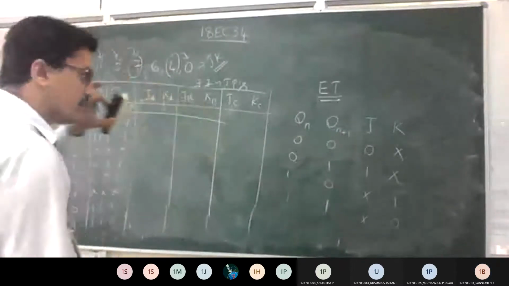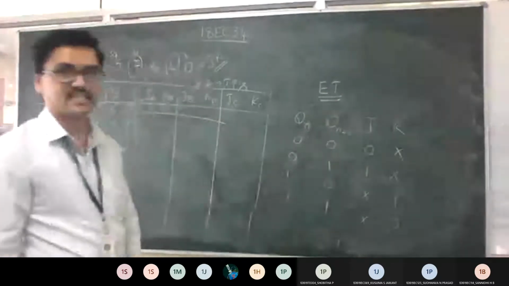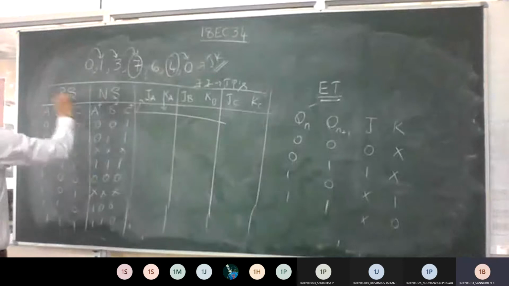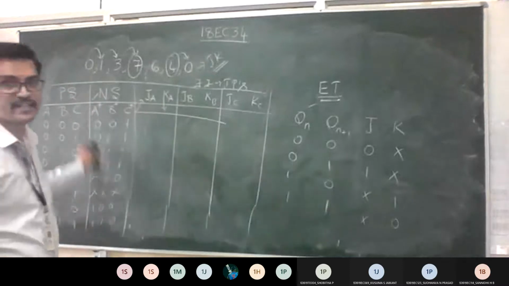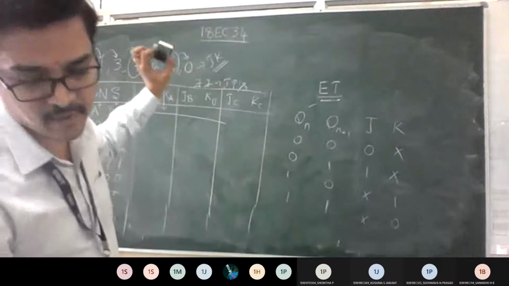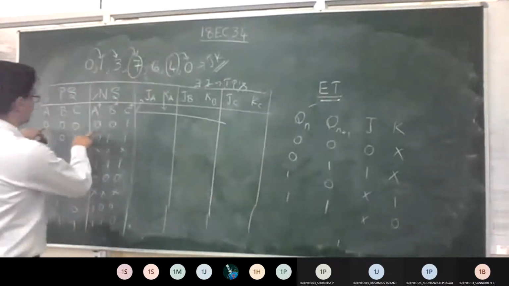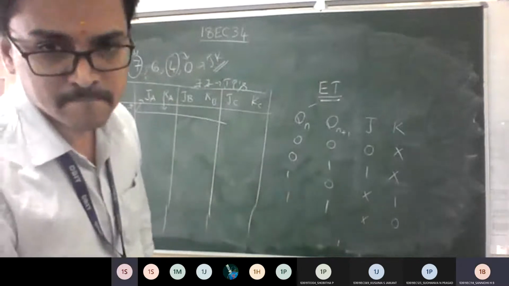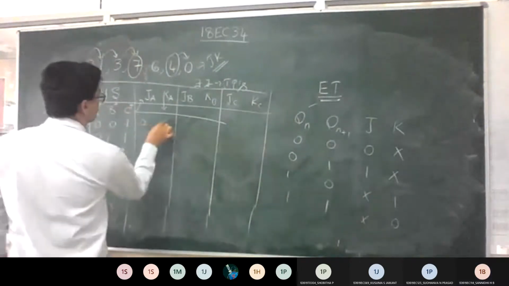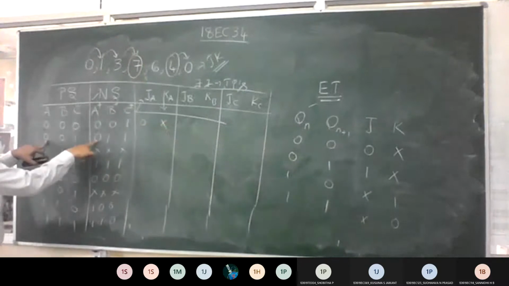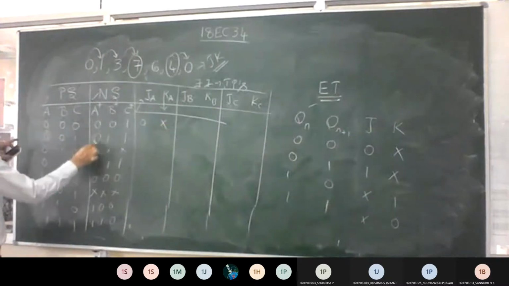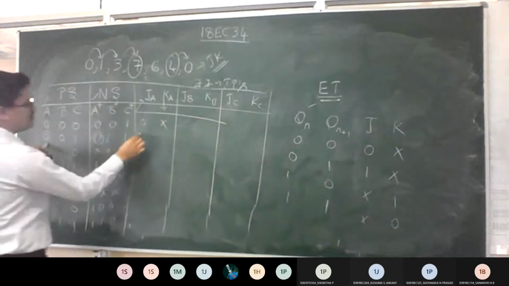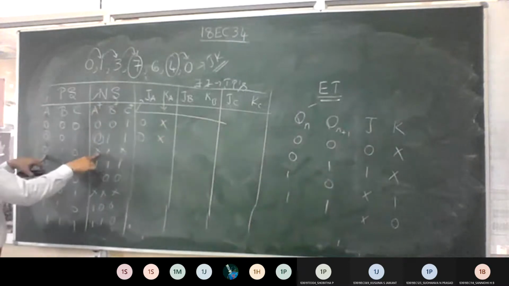So now what should you do after knowing this excitation table? Compare with A and A plus. So this is like your JA answer. Am I clear? Compare this to A and A plus. For the 0, 0 combination, what is the answer here? 0, x. Don't care. Okay, next, 0, 1. Do you understand what I'm comparing? I'm comparing present state A with next state A. Again 0, 0, so 0, x is there.